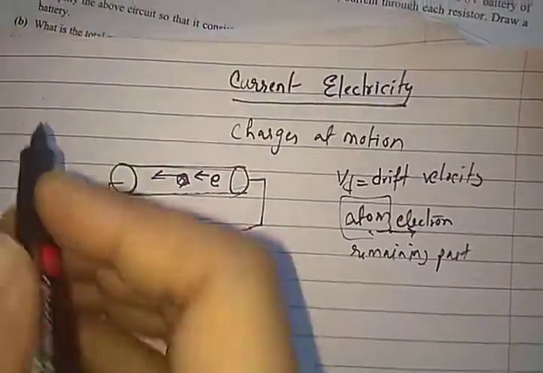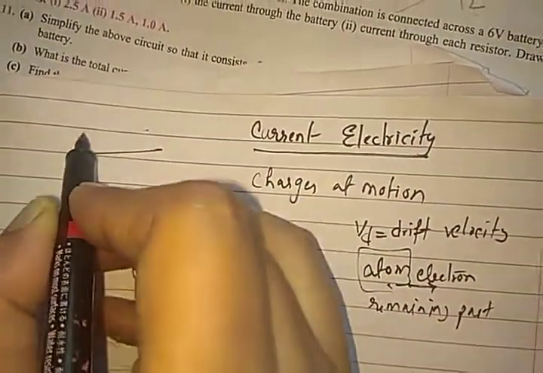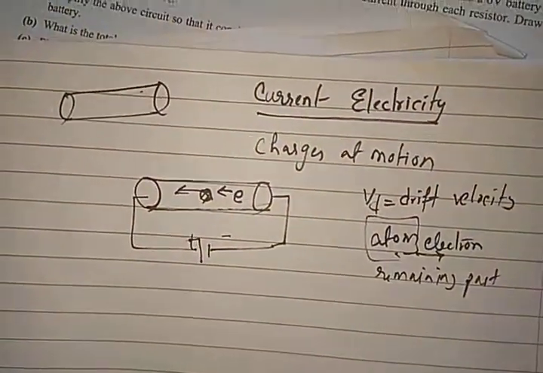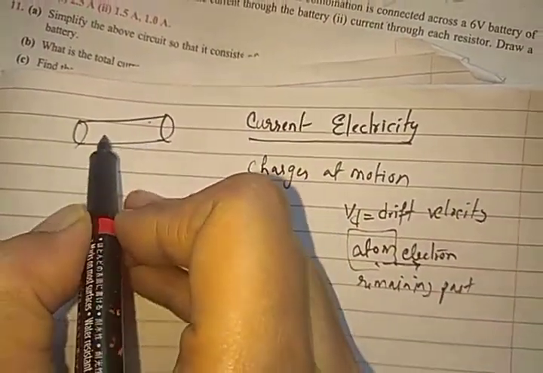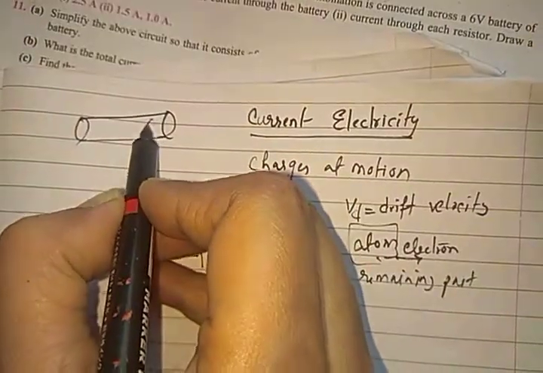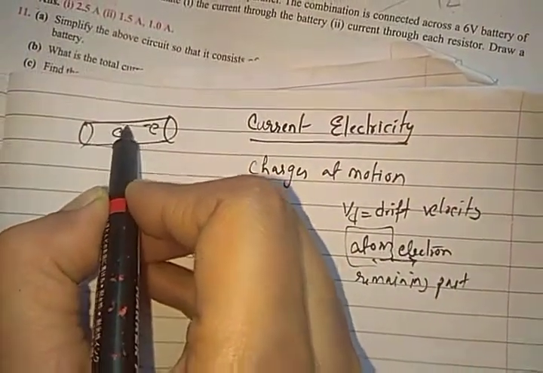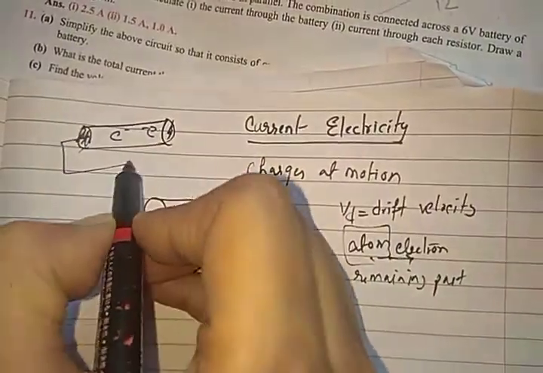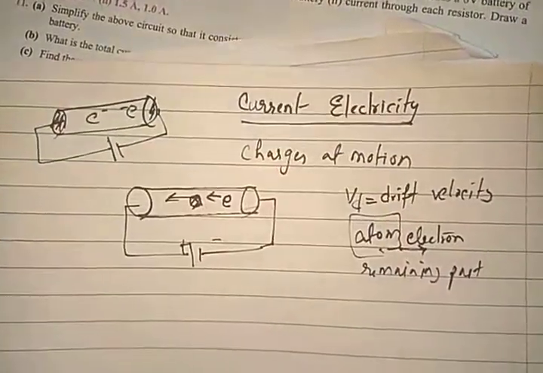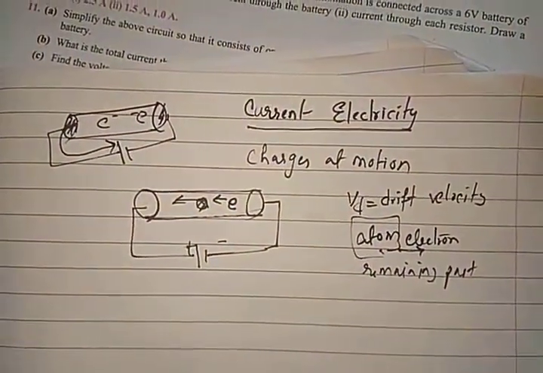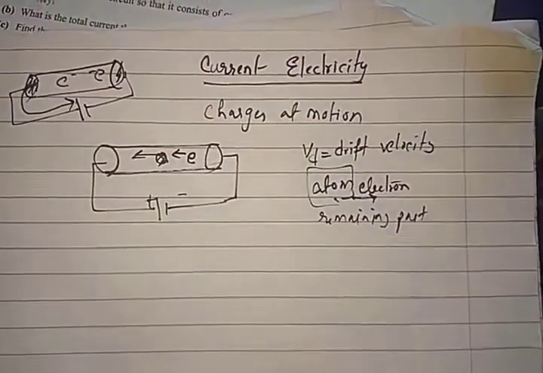Now why is the charge getting accumulated? This we have studied in electrostatics. I am taking a quick review of what is happening. Charge is always moving, through thermal energy, and when charge is moving in the conductor, at this end charge gets accumulated at these points. Then when this battery is applied, the accumulation of charges stops and the charges start to move towards the other end of the conductor.